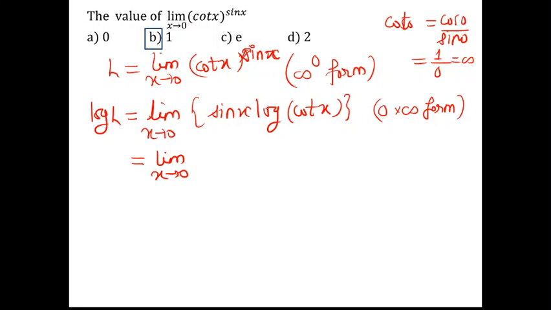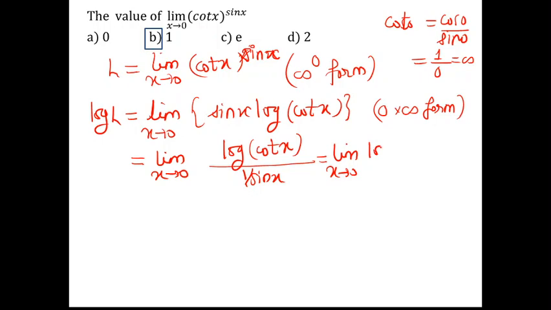So in order to make this evaluation process simpler, whenever we have log, we keep that term in the numerator. So we will write log of cot x, whereas the other term should be written in the denominator as 1 upon sin x. Now this I can write as limit as x tends to 0, log of cot x upon 1 by sin x, and 1 by sin x is nothing but cosec x, right?